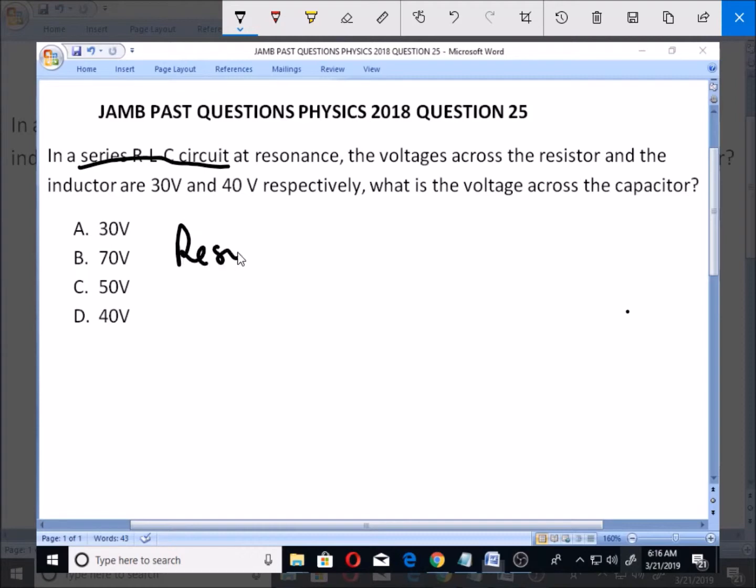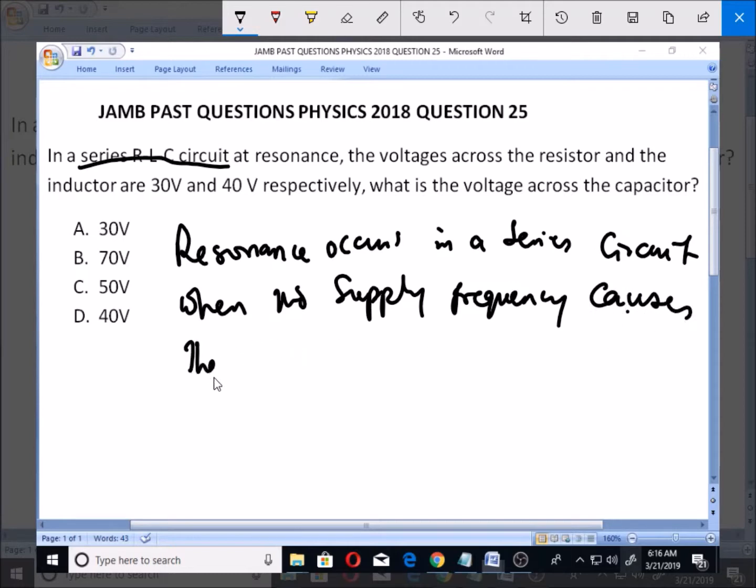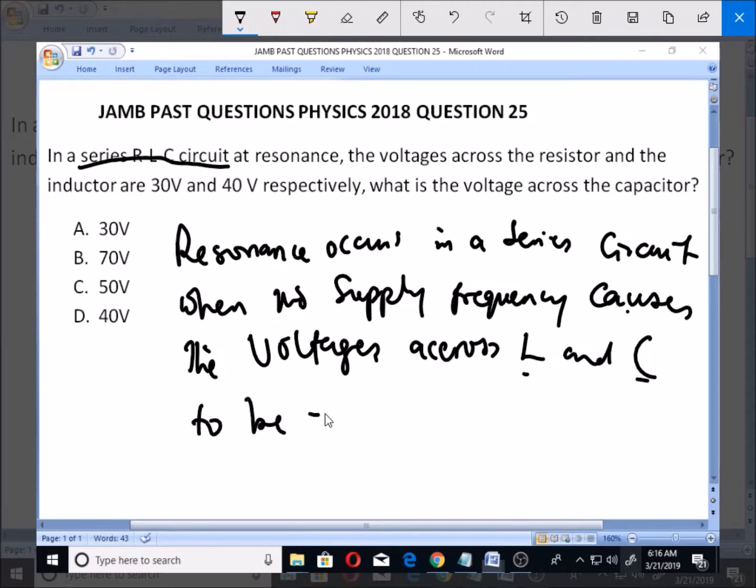Now, we can confidently say that resonance occurs in a series circuit when the supply frequency causes the voltages across L and C, that is inductance and capacitance, to be equal